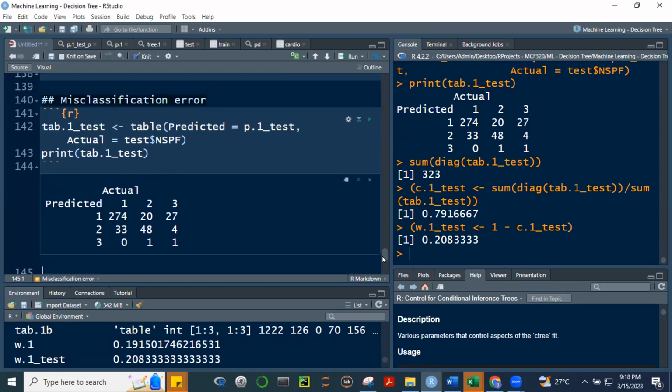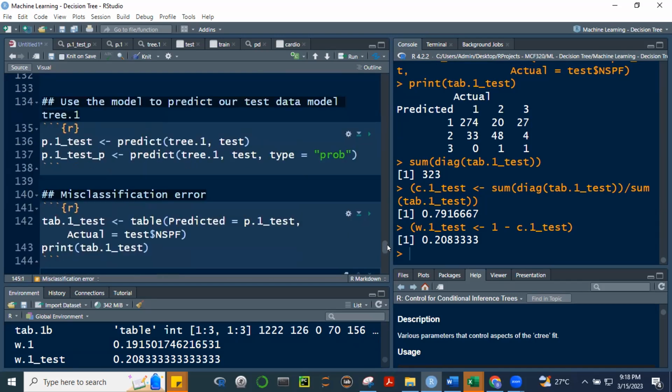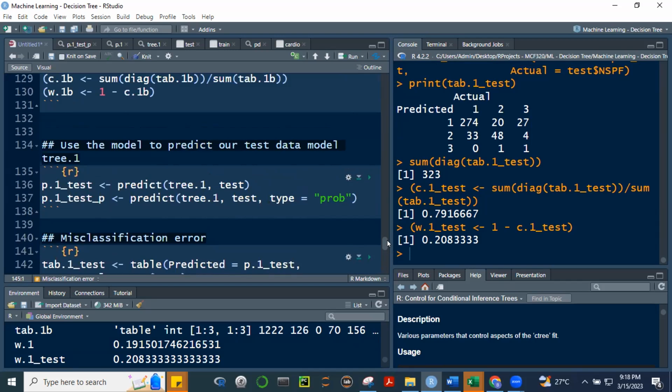Kasi halos pareho lang siya dun sa 3.1, no? Yung 3.1a na mas accurate, okay, I leave you guys to check kung how our model performed with the test data if we use the 3.1a. Kasi di ba dun sa training data natin si 3.1a performed better, no? All right.